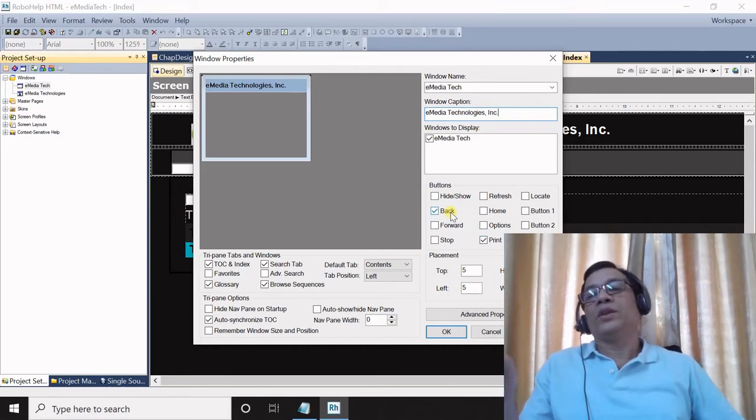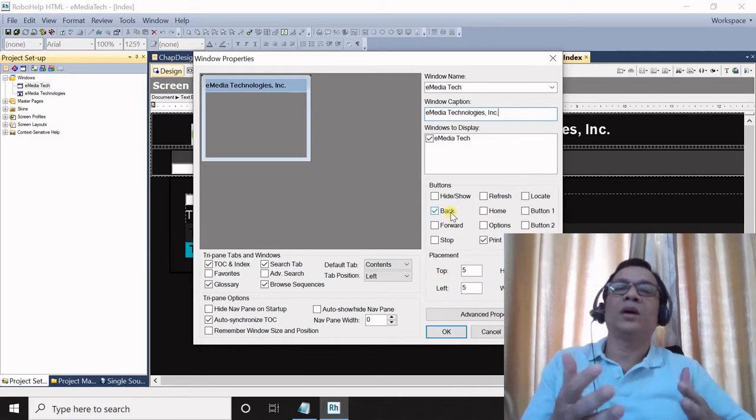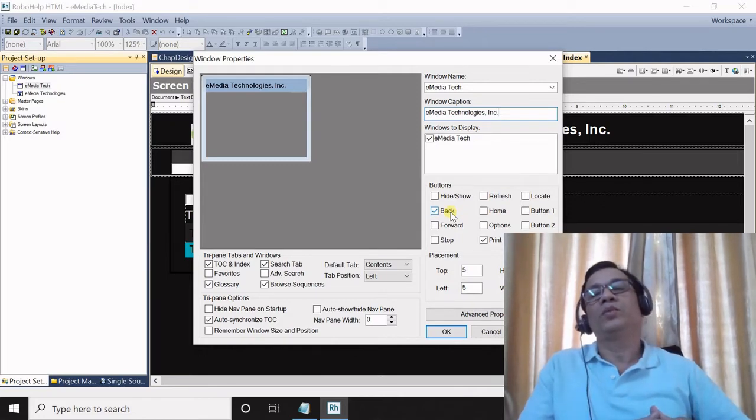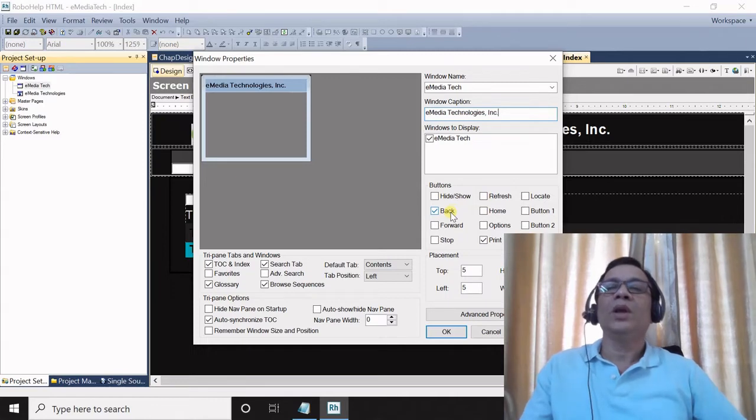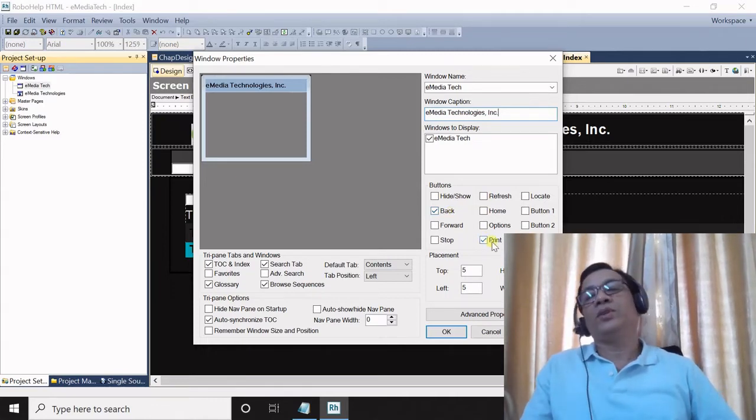If you select back, this means that wherever you are browsing in help output, you can go back to the previous screen or page. And if you have the option print, you can take a print of the help topic.